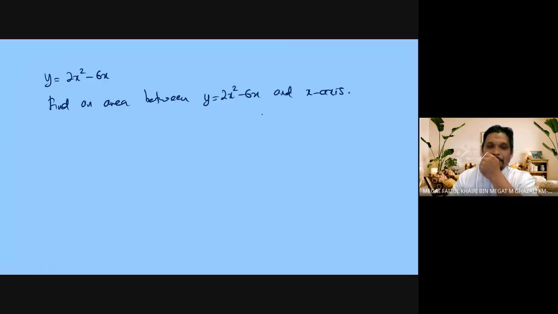Okay, so now this is a quadratic in x squared. The coefficient of x squared is 2, where a equal to 2, which is greater than 0, and the graph is something like this. Okay, now y equal to 2x squared minus 6x,